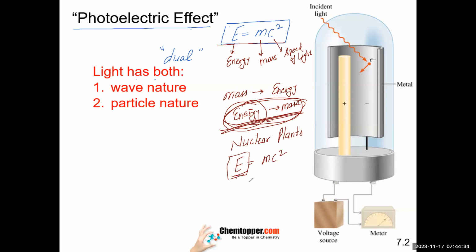We call it mass defect. Defect means this is the mass which is getting converted into energy. A small change in the mass will give you a large amount of energy because c is a big value. You remember the value of c? 3.0 times 10 raised to power 8. You are taking the square of this. So even a very small change in the mass can give you a large amount of energy. That's why these nuclear reactors